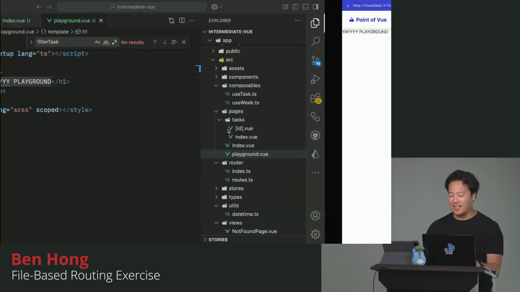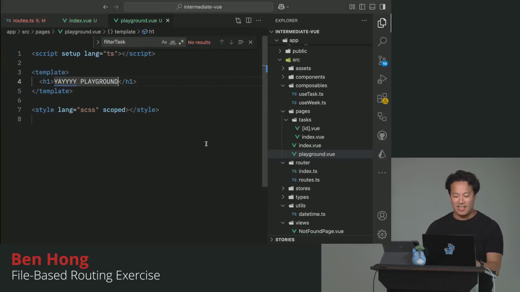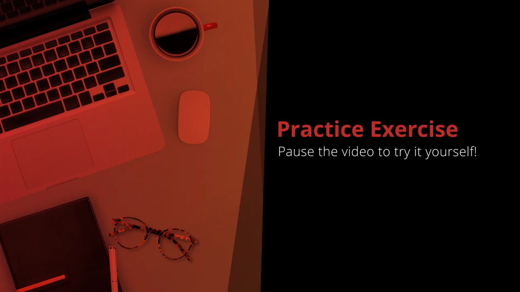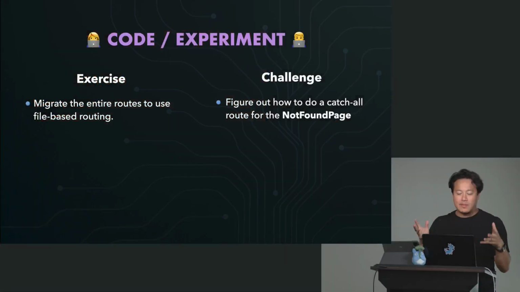So our fun little exercise, this shouldn't take as long. I'm going to push up my branch to the O4 exercise branch. And your task, should you choose to accept it, is to migrate everything from the routes and into file-based routing. So I kept this one a little bit on the shorter side because, again,